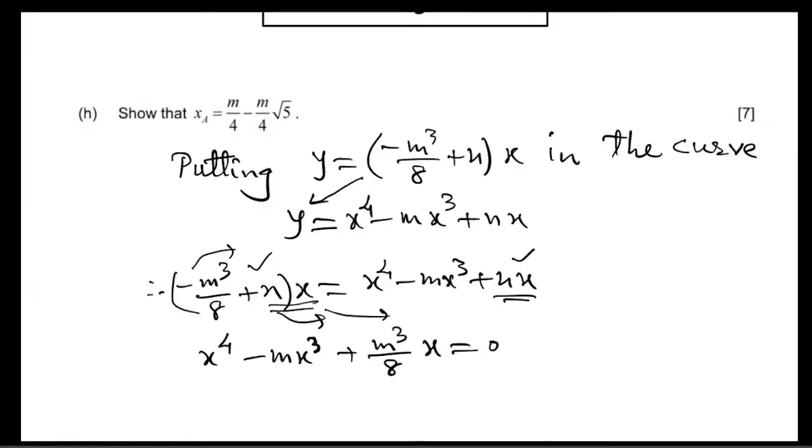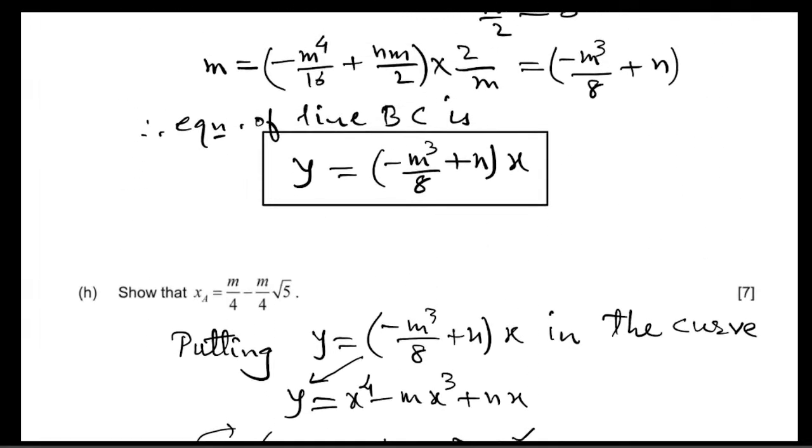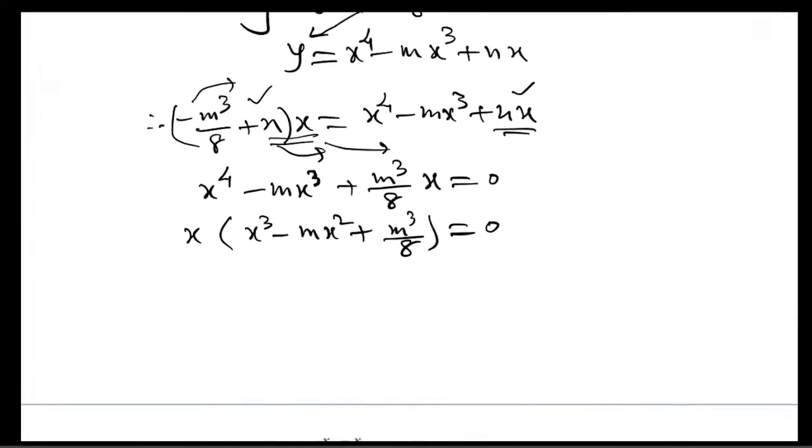So from this, we will take common factor x. What we will get? x cube minus m x square plus m cube by 8 is equal to 0. And then we have to further factorize. So to further factorize, they wanted the coordinates of A. To further factorize, what we can do is,